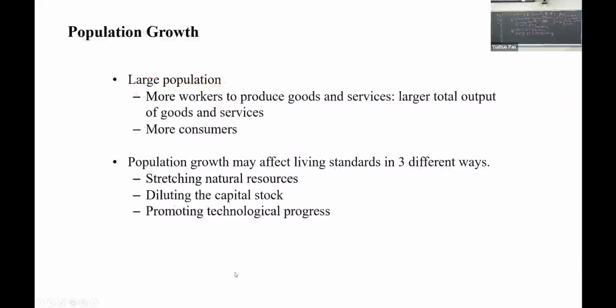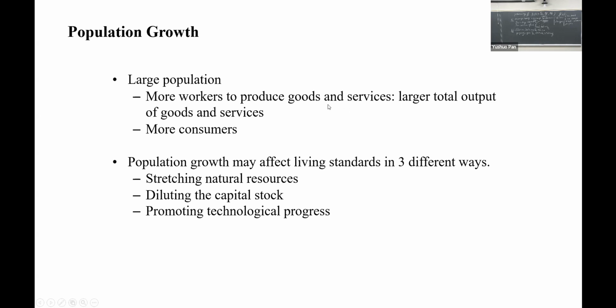Next part is the population, which is L. Again, back to the equation: productivity equals A times F of L. L is the first term, right? That's the input, which means labor. A large population is really important for the whole real GDP. With a large population, there are more workers to produce goods and services and a large total output, which means a large population only improves the real GDP, not the real GDP per capita,